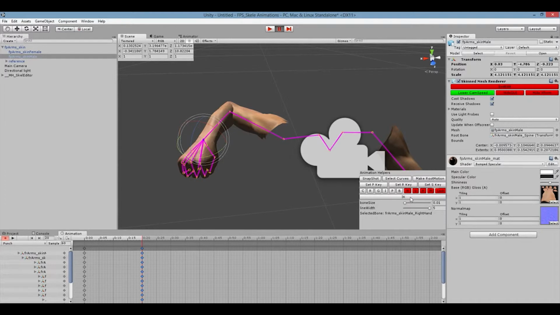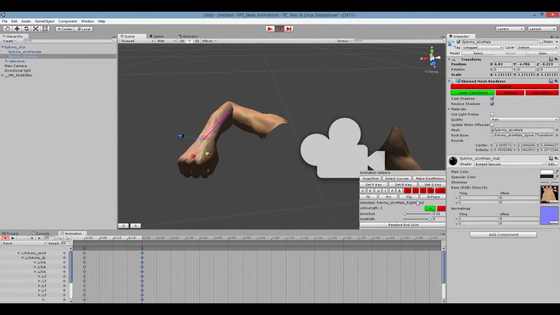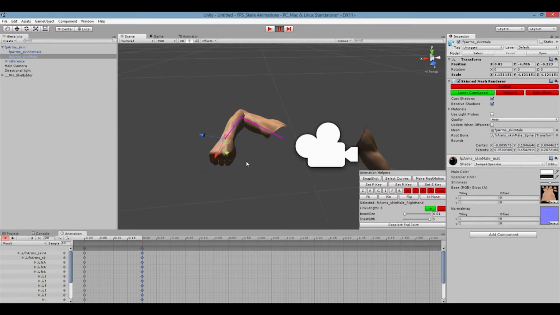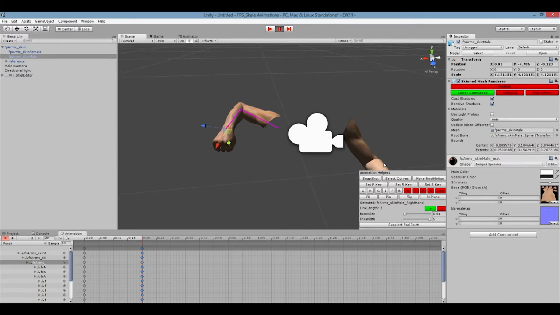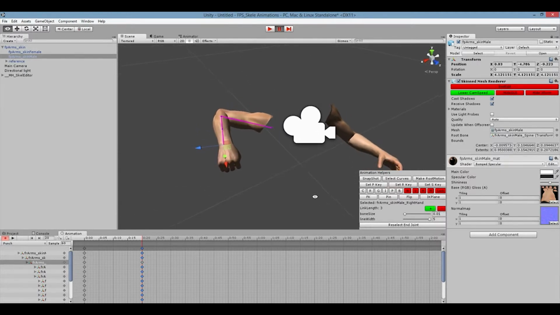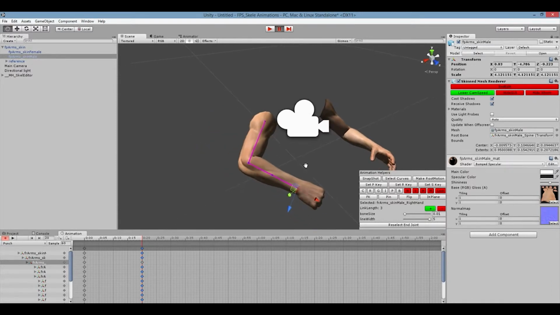So I'm going to switch into IK, and there's some extra stuff in here that has to do with how many joints are affected by the move tools and all the rotations. So like the link length, we can bring it all the way back to the spine, or all the way back to the forearm, the elbow. But for the purposes of this, we want it to the shoulder, because we're going to pull this fist out